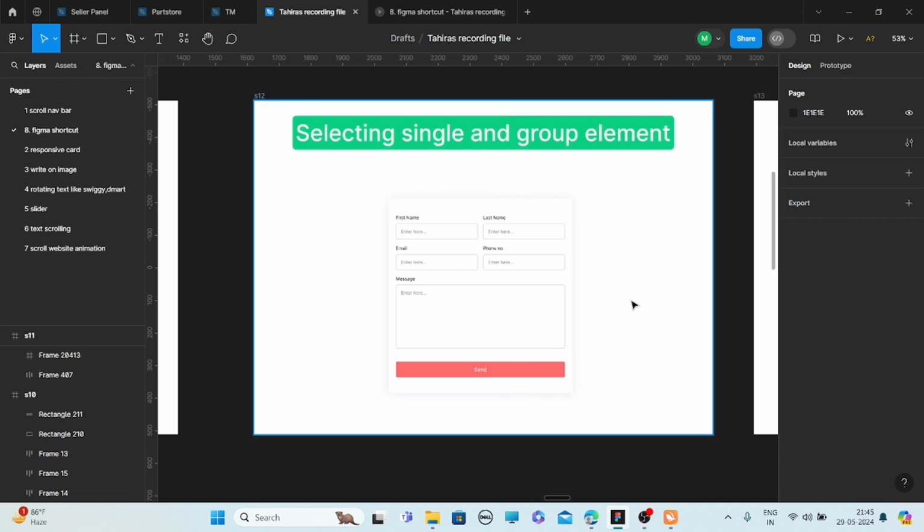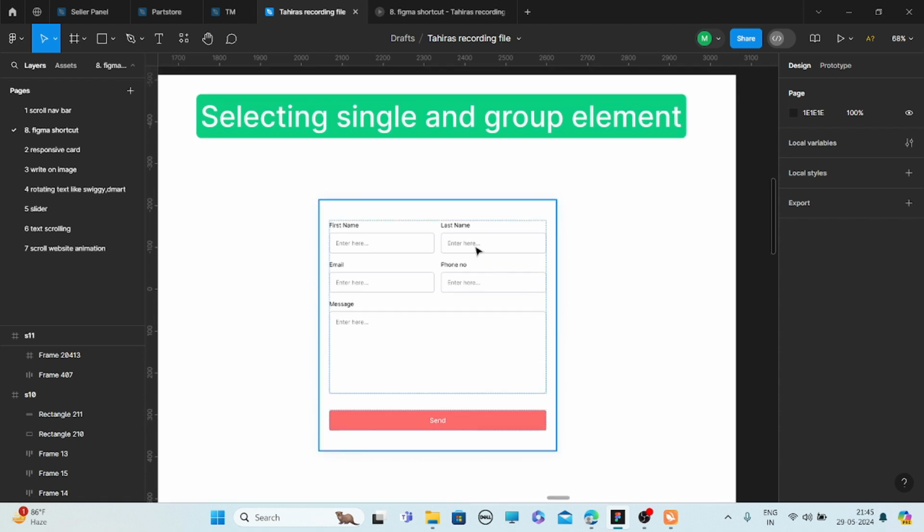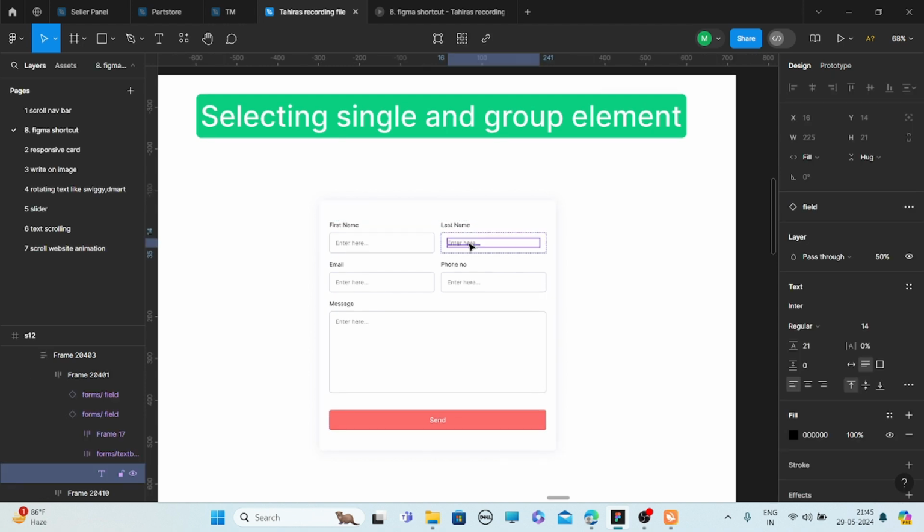Now if you want to select a single element in a group, go to the innermost child element by pressing Ctrl, and then you can simply take your mouse anywhere and select the child.